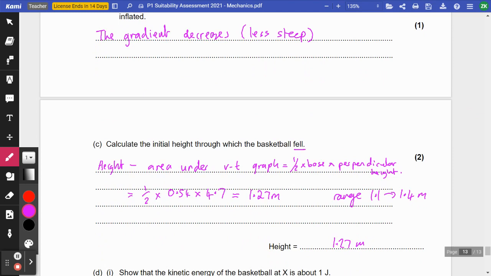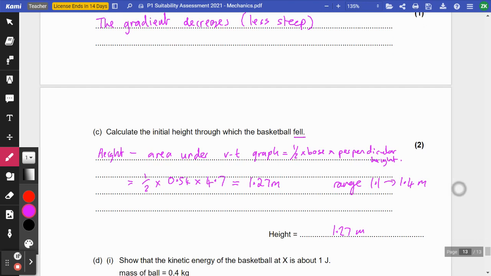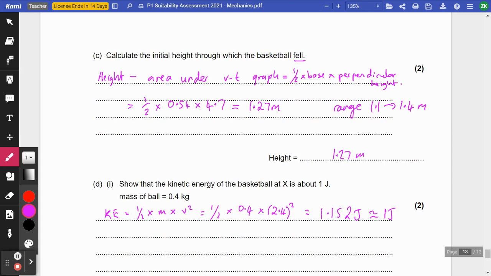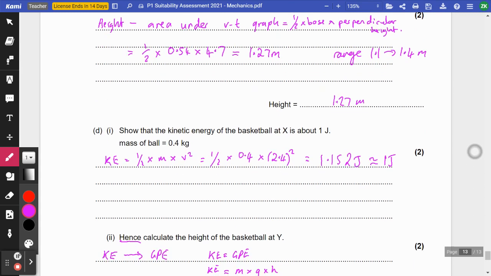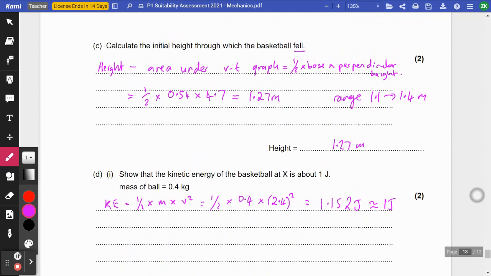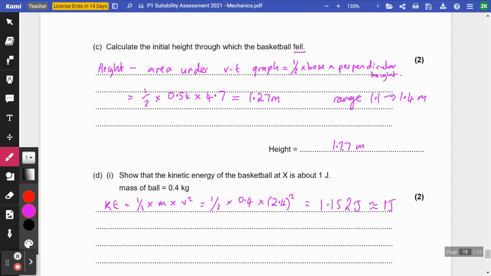Now there is room to maneuver on this, and that would range between 1.1 and 1.4 meters. I've got something somewhere in between, 1.27 meters. Okay, now the next question is show that the kinetic energy of the ball at X is about 1